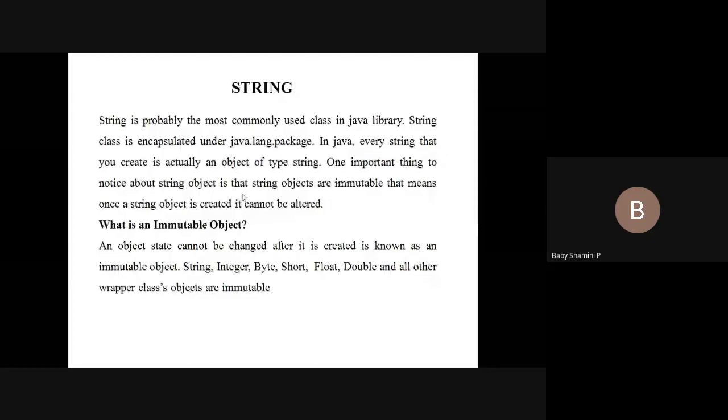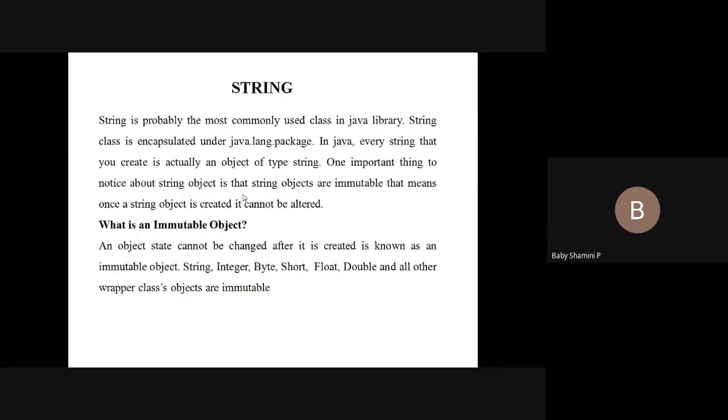So, and the string is immutable. We cannot change the existing string. If you perform some operation, each and every change will be reflected in the string constant pool memory locations. That is, it occupies more memory locations. It does not change the existing string. Example, first we have s equal to welcome. If I perform an uppercase operation, it does not change the location, and it creates another location in the constant pool. It stores WELCOME in capital letters. So it occupies more memory area. That is the main disadvantage in the string concept.